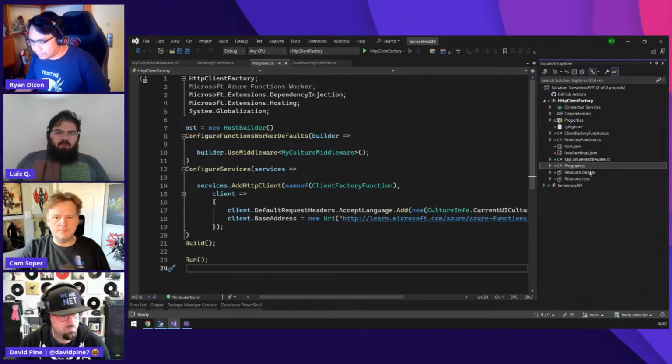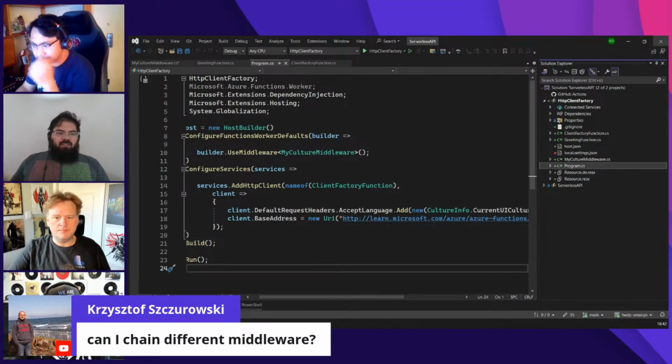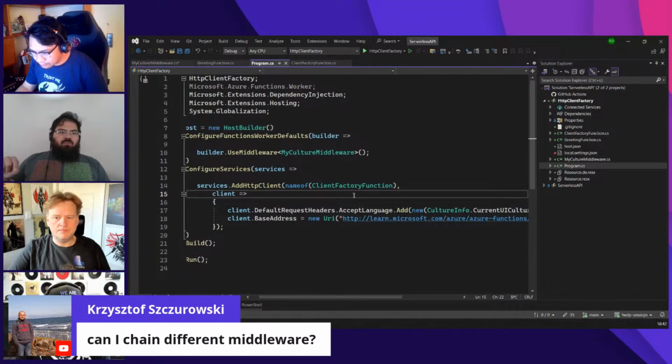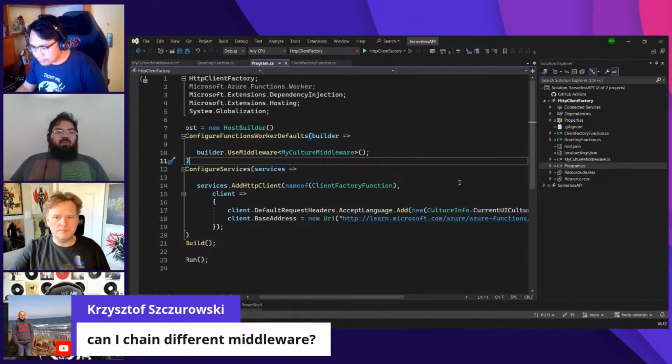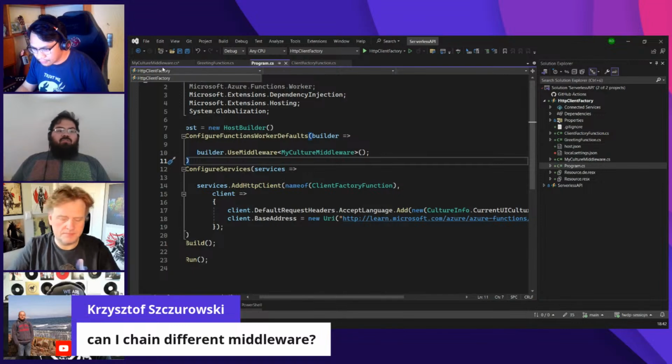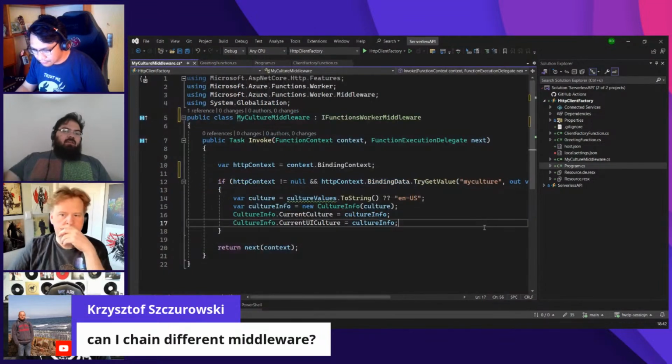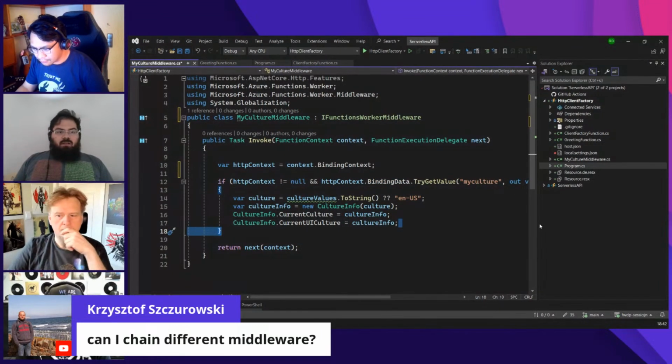Real quick, a quick distinction there. In terms of the middleware, in the functions, you were using the function context, right? Would that function context also be usable if you wrote this middleware as part of, for example, a class library, and wanted to use it across ASP.NET, web APIs, or Azure Functions?